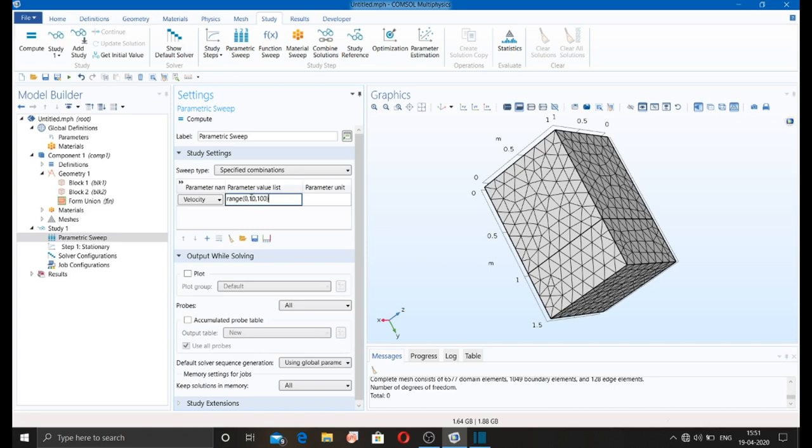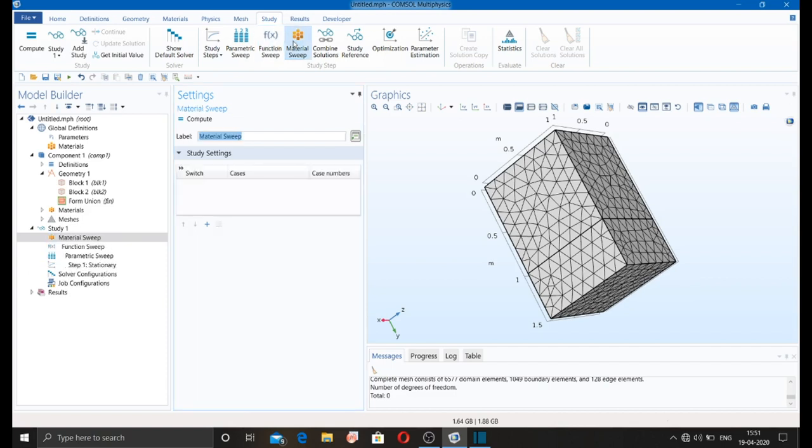This is the step size. You can add as many parameters as you want, it depends on you. You can also use function sweep, material sweep, combine solution, study reference, optimization, parameter estimation or parameter extraction from this particular analysis.